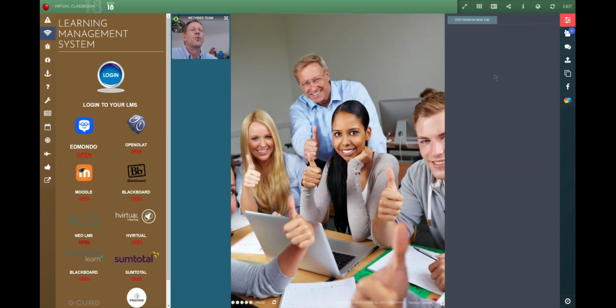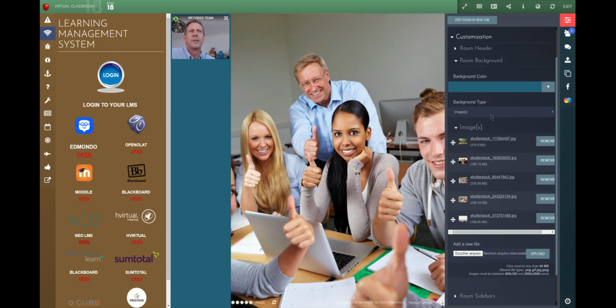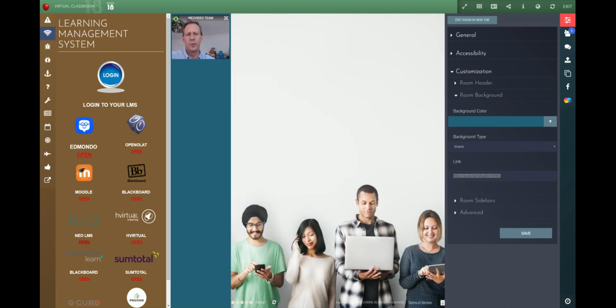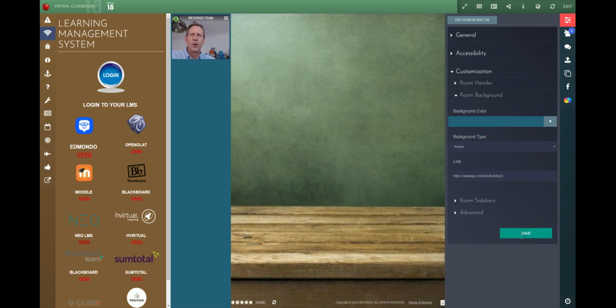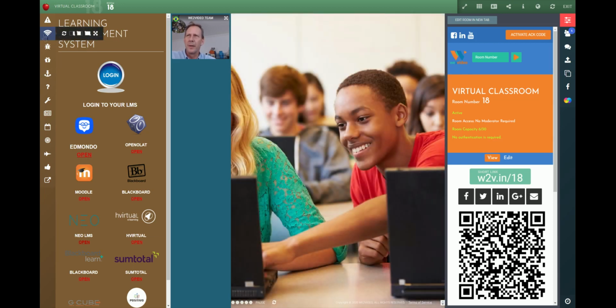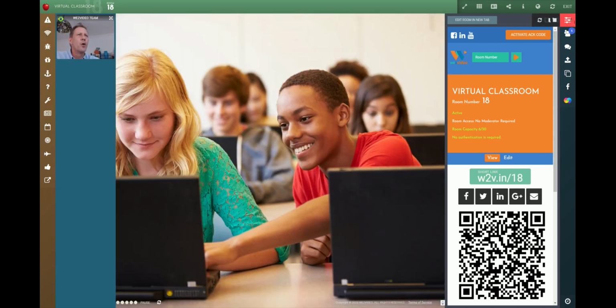I am going to, for show purposes, change the background. Yeah, I am able to integrate, for example, let me see here. I am going to put a whiteboard, which becomes an interactive tool for everyone to be on the same page, working on the same document in real time.